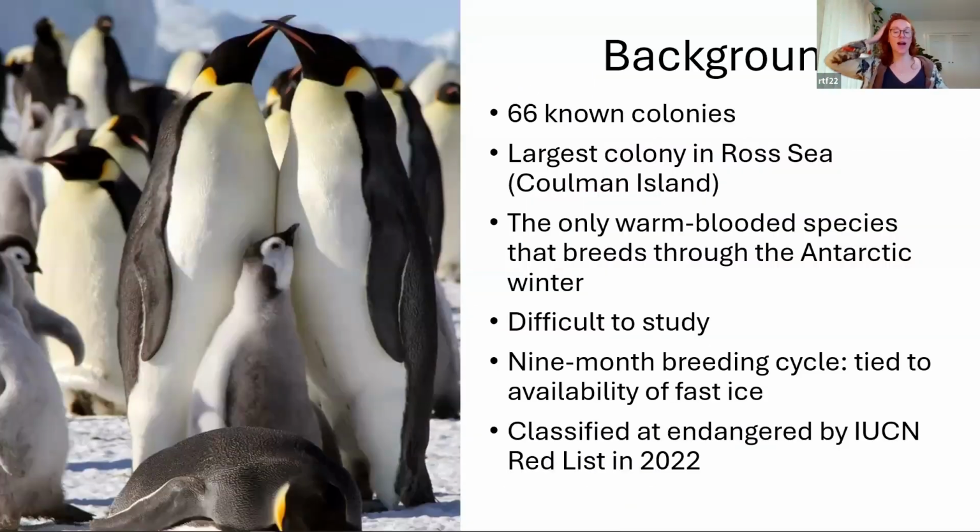I think I'm a bit biased, but I think emperor penguins are one of the coolest species on the planet. First of all, they're absolutely beautiful, with the little ombre yellow coloring going down their neck. But they're also incredibly fascinating. They're really beautifully well adapted to survive and thrive in such an incredibly harsh and difficult environment